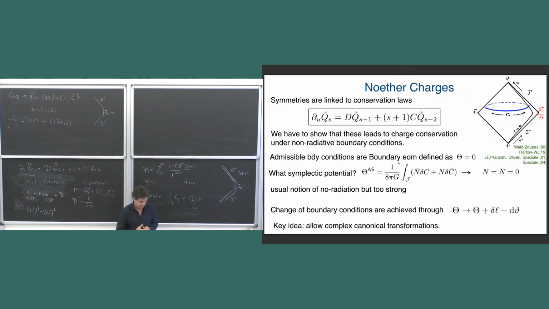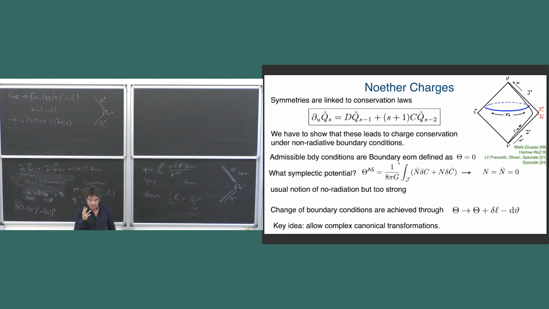So the first thing is to understand what we mean by boundary condition. For people who are not specialists in the covariant phase space, if you looked at papers, let's say 10 years ago, asymptotic symmetry looked like a very ambiguous construction. Today, and I think the lecture of Simone explained that very well, it's completely non-ambiguous, okay? Once you tell me what you mean by radiation, there's a unique procedure to construct the charge and look at the conservation law.